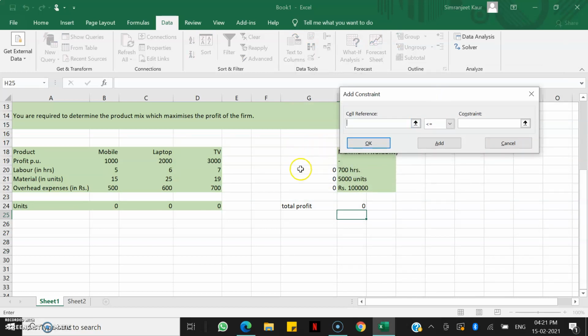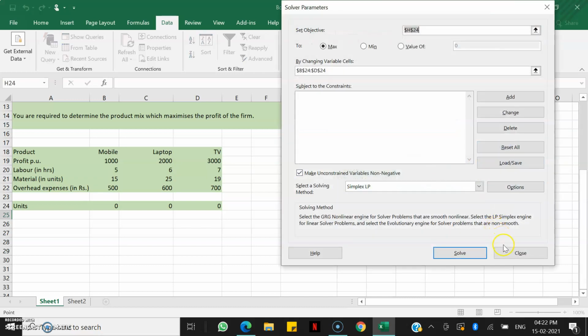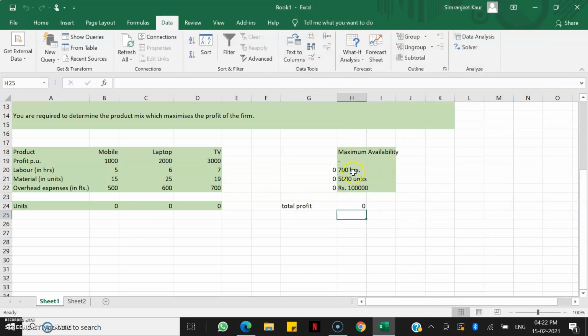The first one here is that the total labor should be less than or equal to 700 hours. Let me rephrase my maximum availability, because sometimes if we don't write it in absolute sense, solver can get confused and it doesn't give an optimum solution. Not necessarily, only sometimes it happens. Yeah, so let me go back to my solver now.